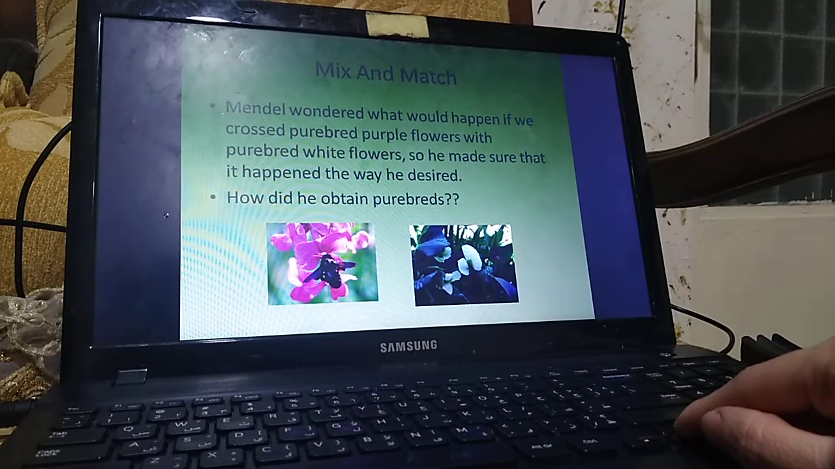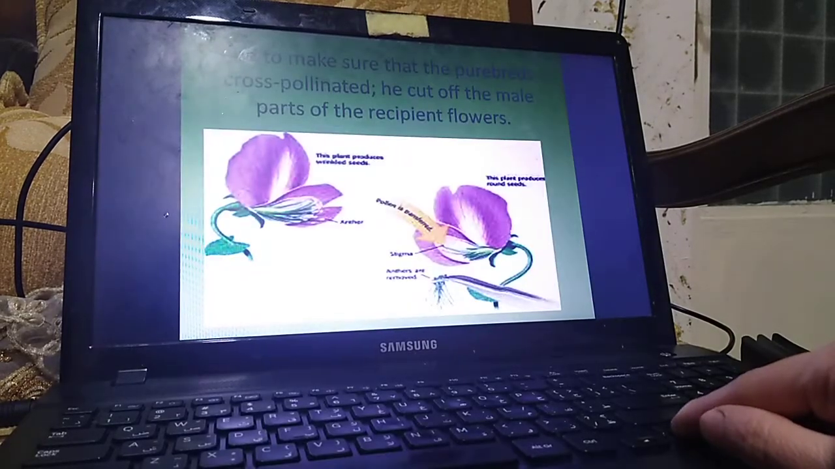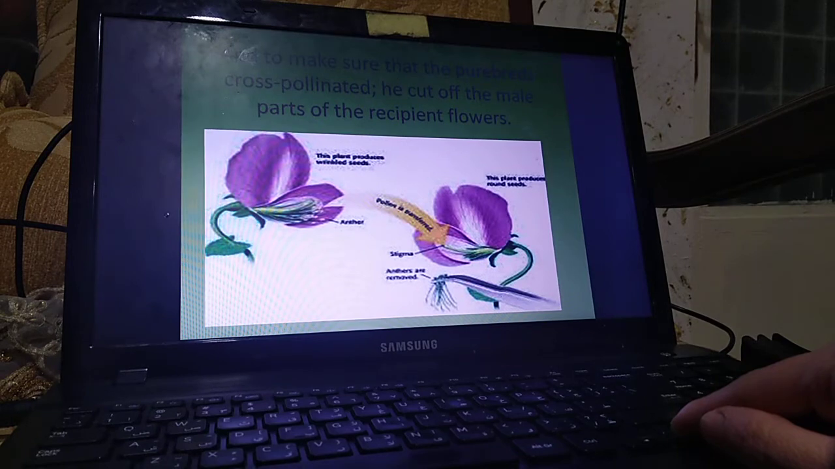So he brought a purple flower and he cut off the male parts. When you cut off the male parts of a flower, it becomes female, okay? That's it. Now what did he do to the other white flower? He left it as it is. So he cut off the male parts of the purple flower and he let the white flower whole with male